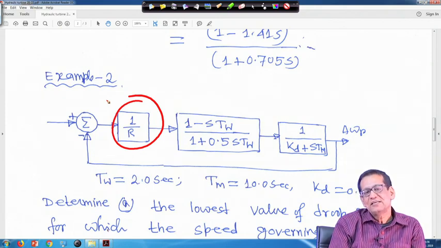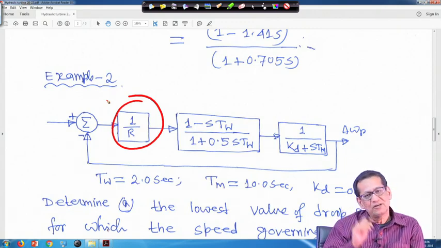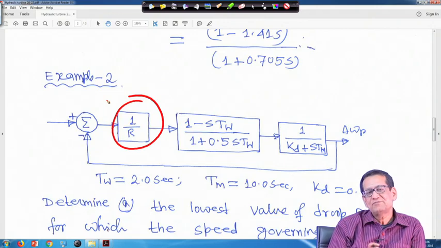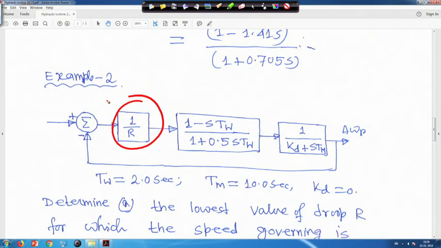Electro-hydraulic governor is there as well as mechanical hydraulic governor, but their mechanisms are different. Ultimately the overall transfer function will remain more or less the same, right. But those governor models we have not considered here. What we have done is we have simply represented the gain as 1 upon r. So, here the governor is not there, it will be a second order model.